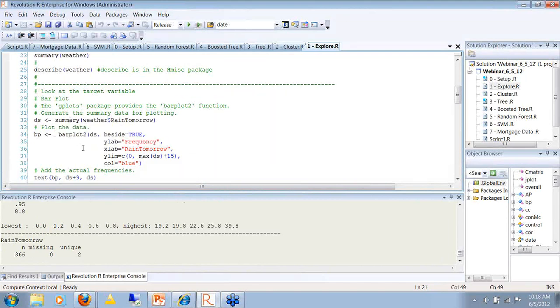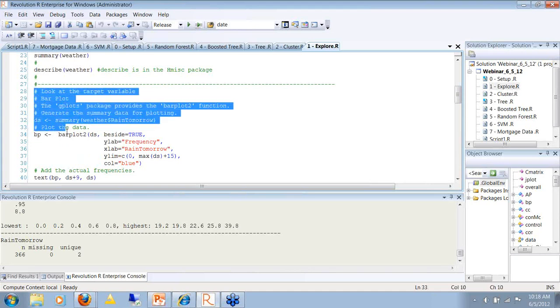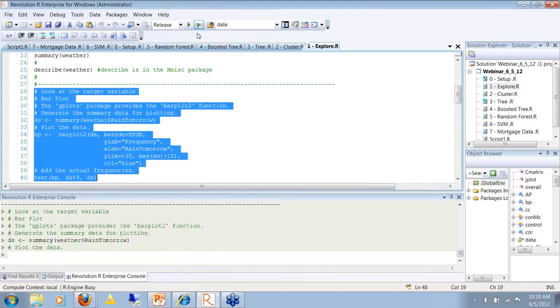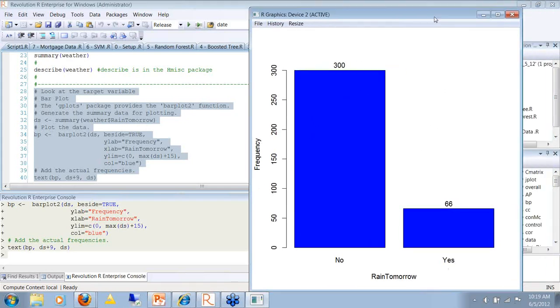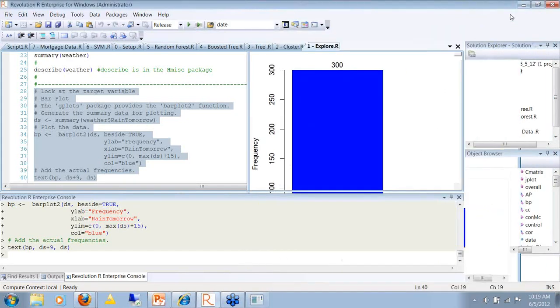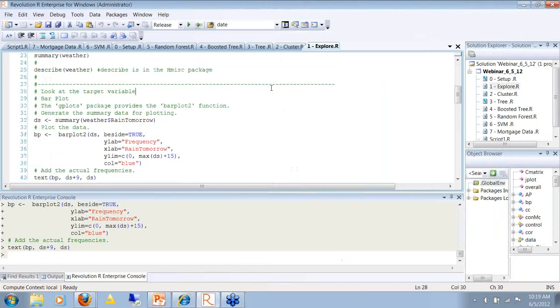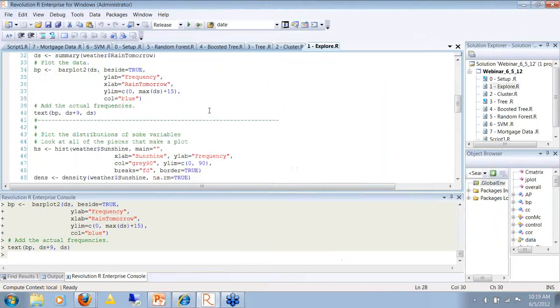We're going to produce a plot here, and this is a bar plot. We're going to look at the dependent variable, the weather variable. And you can see it didn't take a lot of work with establishing the plot function. These are the parameters to the function, and it told me what the X label was, what the Y axis is going to look like, and I was able to put in text that showed the numbers up here. Basically, that's typical of R, that again, you have functions and there are ways to modify the outputs of the functions.